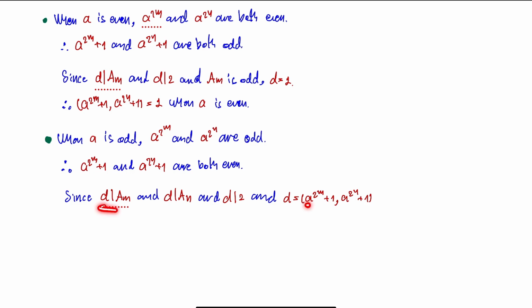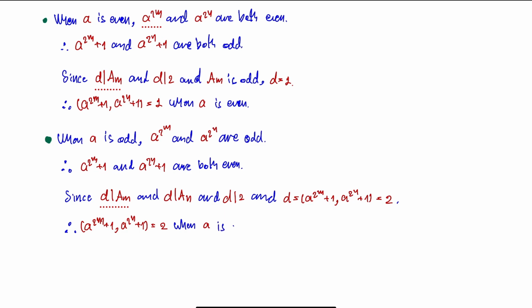So d divides both of these numbers, but d divides 2. So d must be the greatest common divisor of these two numbers, right? Okay, so d must be 2, because the largest divisor of 2 is just 2. So the greatest common divisor must be 2. So in this case, the greatest common divisor of a^(2^m) + 1 and a^(2^n) + 1 is 2